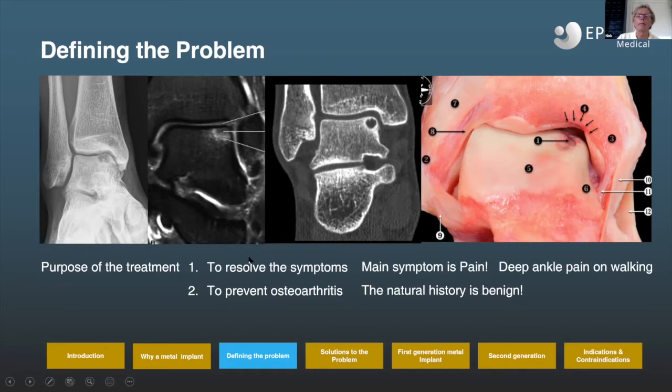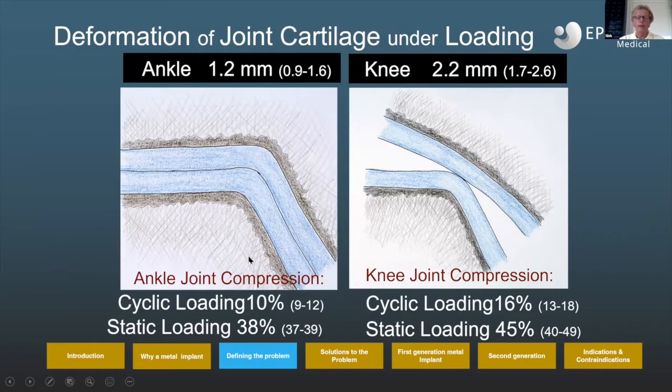And if we then look at this schematic drawing of the ankle joint. The ankle joint is the most congruent joint in the body. The joint surfaces fit exactly onto each other. And this is a schematic drawing of a knee joint. The knee joint is the least congruent joint in the human body. And these joints that are not congruent, they have thicker cartilage. So the knee has 2.2 millimeter thickness of the cartilage, where the ankle, which is the most congruent, has much